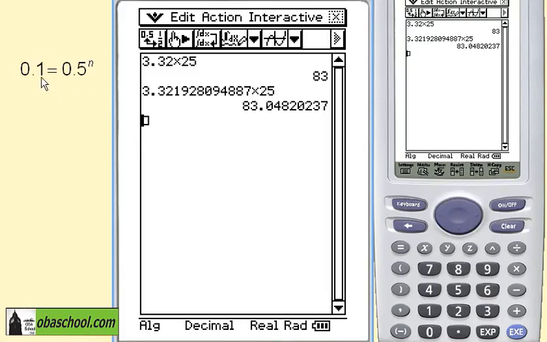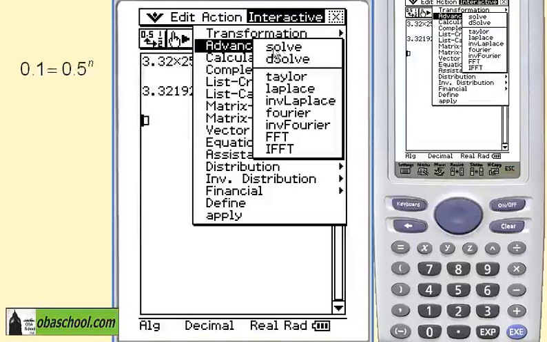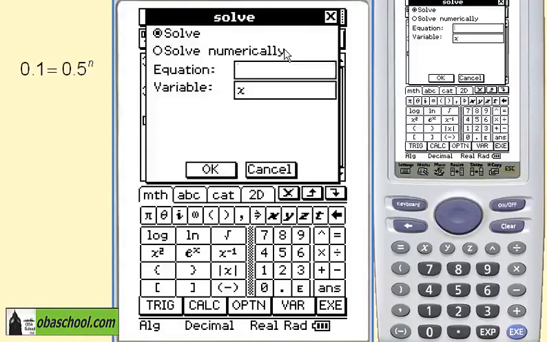Yet another way of doing exactly the same thing is to solve this equation directly on the calculator. I like to do this via interactive. So we're in the main screen, interactive, advanced, solve. Type in here 0.1 equals